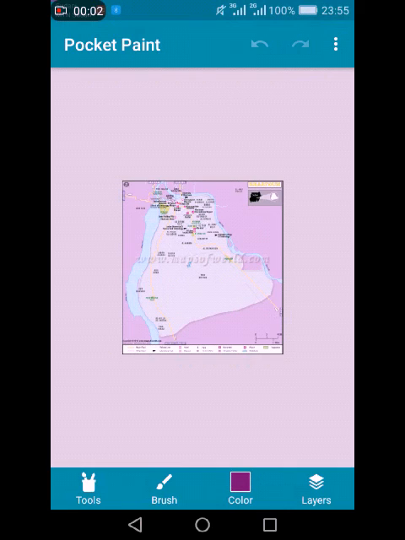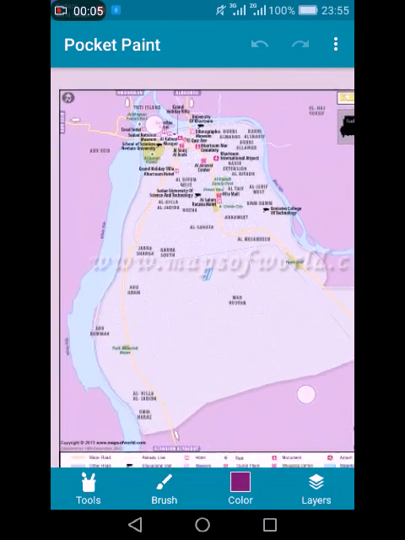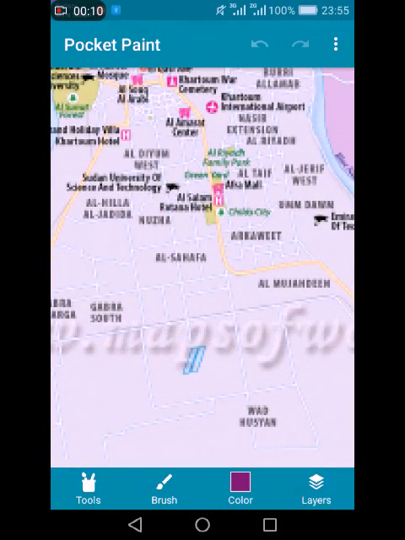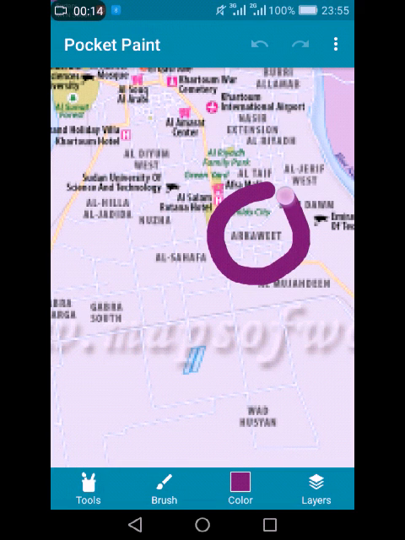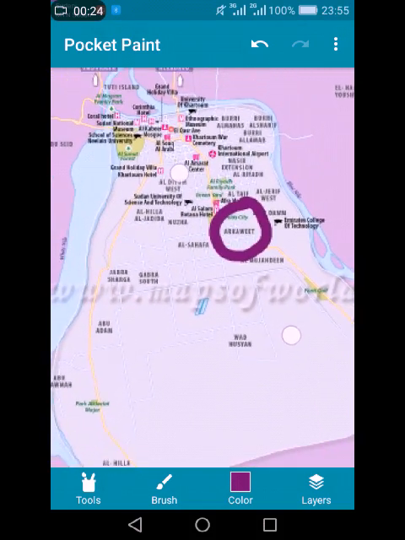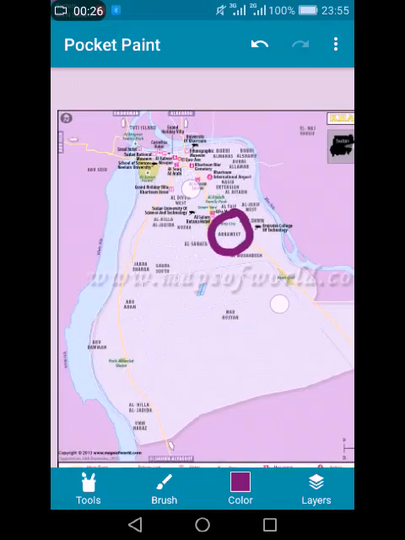You see, this is a map of Khartoum city. Inside this map of Khartoum city, you can find a lot of towns. For example, this is Arkwit. Arkwit is a town in Khartoum city. So Arkwit is smaller because it's a town, and Khartoum is bigger because it's a city, and a city is full of towns, and